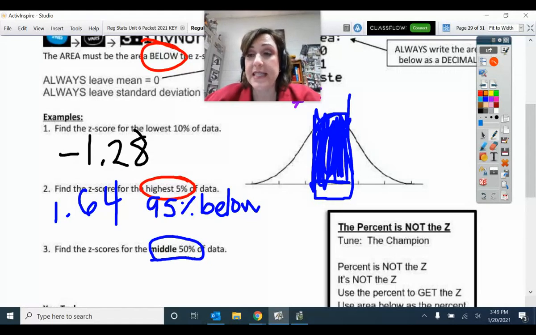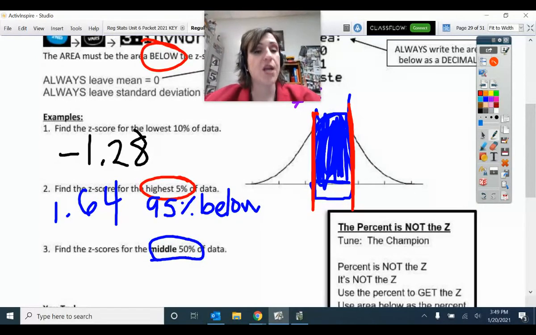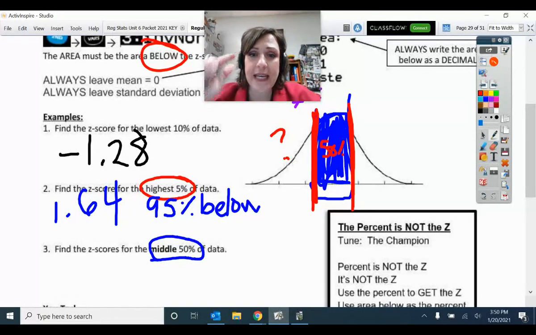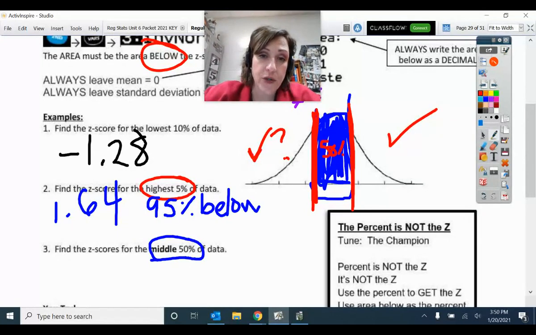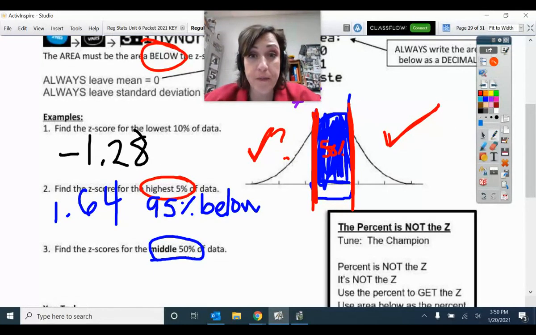What you will notice is this is a case where you will end up having 2 z-scores. The negative version, and then its symmetrical mirror image, which is going to be the positive version. Okay, so do you remember how to get your z-score? You have to do inverse norm of the area below. First, we've got to figure out how much area is below this z-score right here. So let's think about that. If 50% is in the middle, then ask yourself how much is remaining in these 2 tails, the lower tail and the upper tail. If 50% is in the middle, then of course you know 25% is down here and